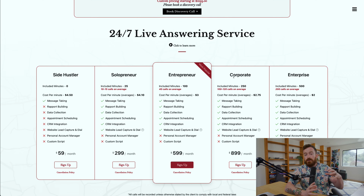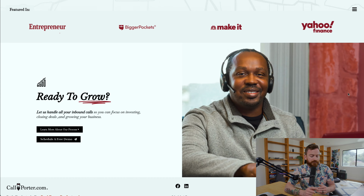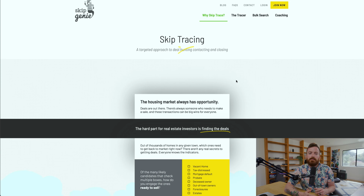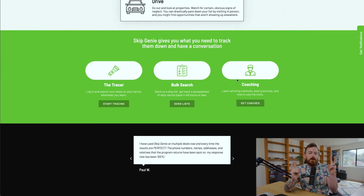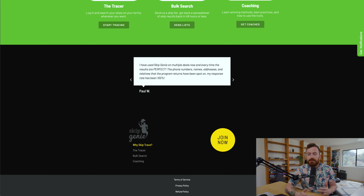So first thing let's cover is a couple of these that have overage potential. So Call Porter, your bill is going to go up or down based off usage. So if they take a bunch of calls, they're on the phone a long time, you're going to pay more. If you don't have a ton of calls, you're going to pay less. Skip Genie is $58 a month for 100 searches, but there are some extra costs there. So we use what's called their smart credits, which I think cost a cent or something, to figure out if somebody's on the do not call list or not. Our internal SOP, if somebody didn't reach out to us first and they're on the do not call list, we simply don't call them. But you can pay more for that if you use more than just those first 100